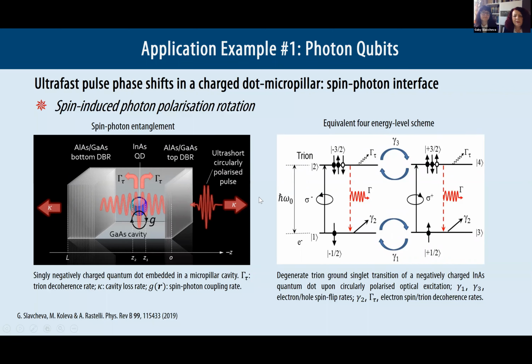The equivalent diagram of the singly charged quantum dot upon an optical excitation is shown here. This is the so-called trion, a singlet transition. And these are basically two-level systems which are coupled through spin relaxation processes.